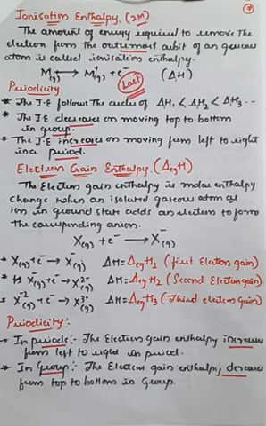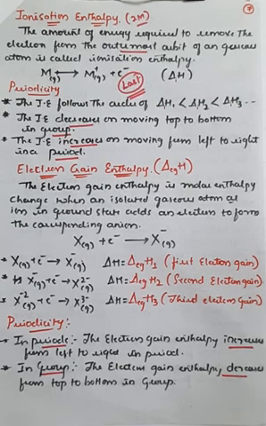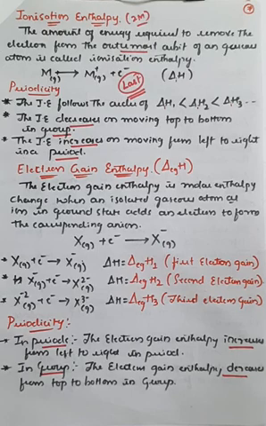Regarding that, we have also seen the periodicity, that is the trends in ionization enthalpy, which means how the value of ionization enthalpy changes when we go from left to right in the periodic table. That is generally called in terms of periods. Or whenever we come from top to bottom in the periodic table, that is in the case of groups, how the value changes. That also we have seen.